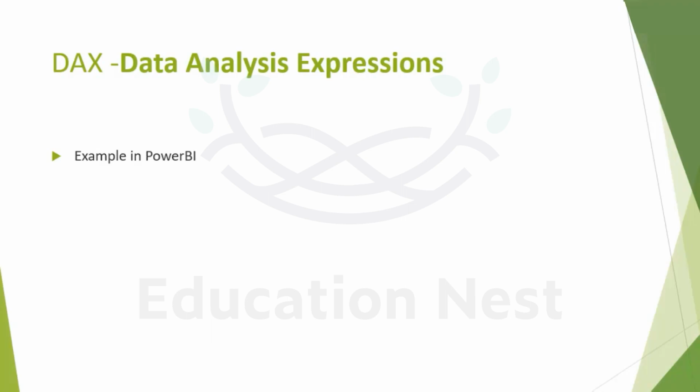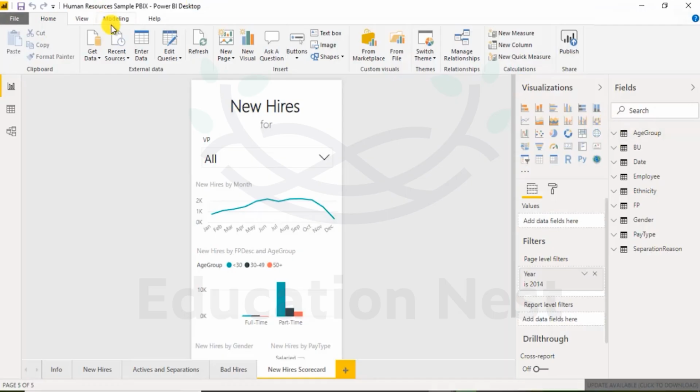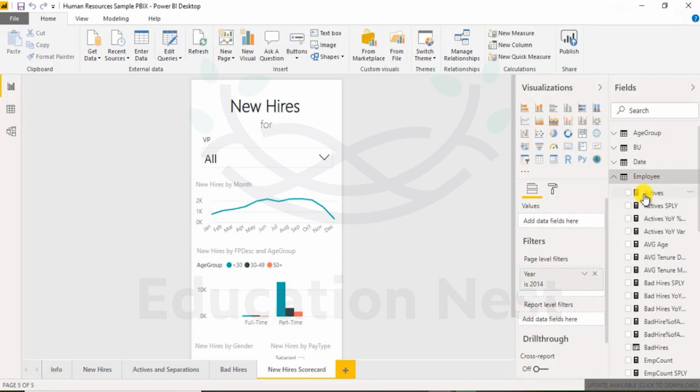Let's now have a look at some of our earlier examples wherein these queries and expressions have been used in great length. Coming back to our earlier example of the human resources sample, wherein the users have built another altogether different calculation, which includes all the different types of filters and the query, wherein they have used the term